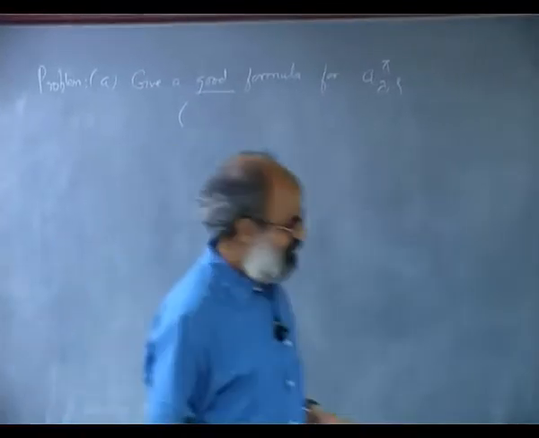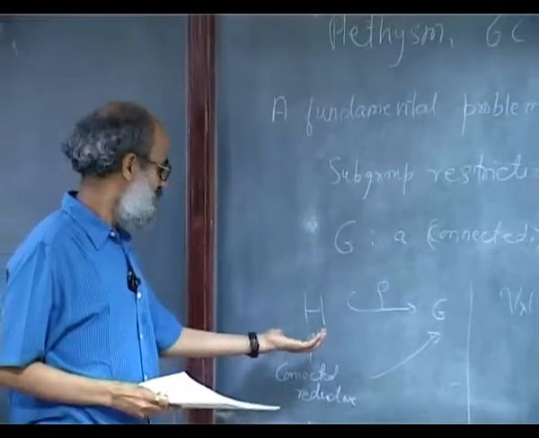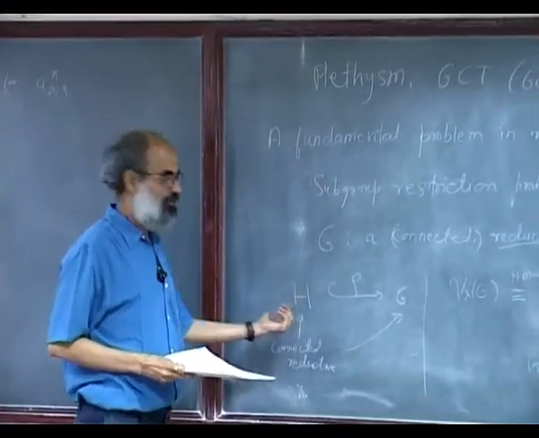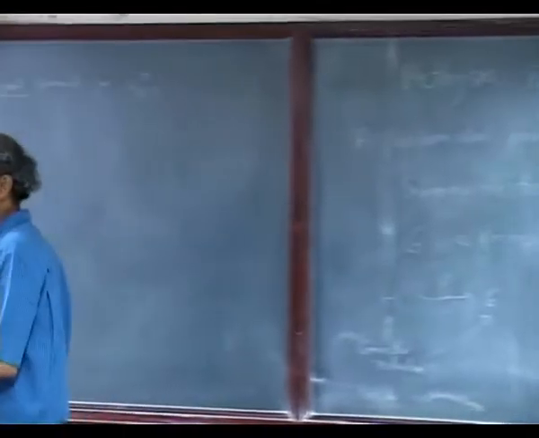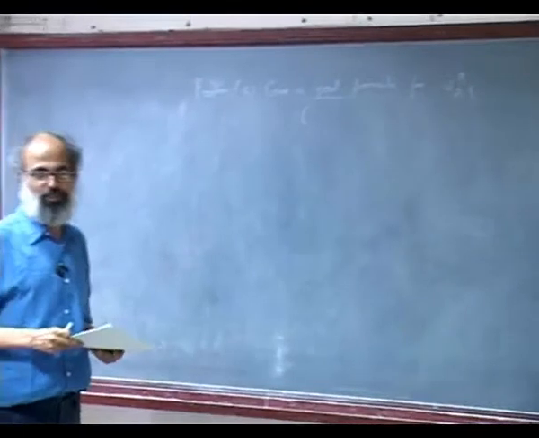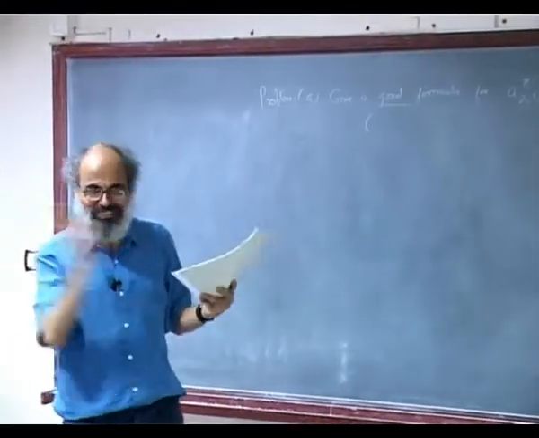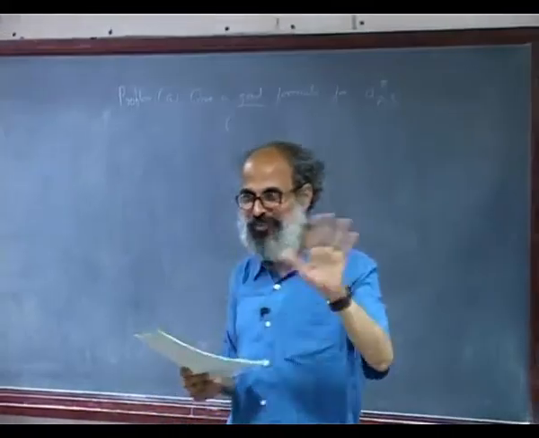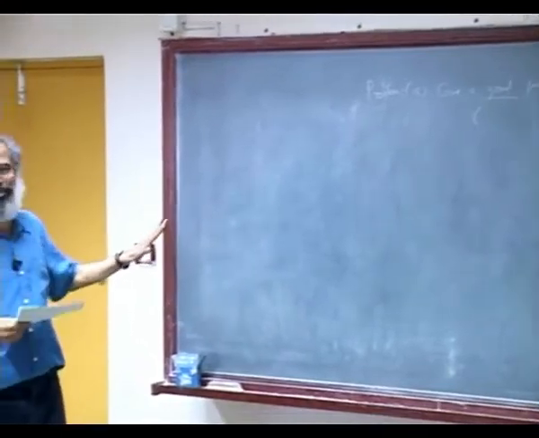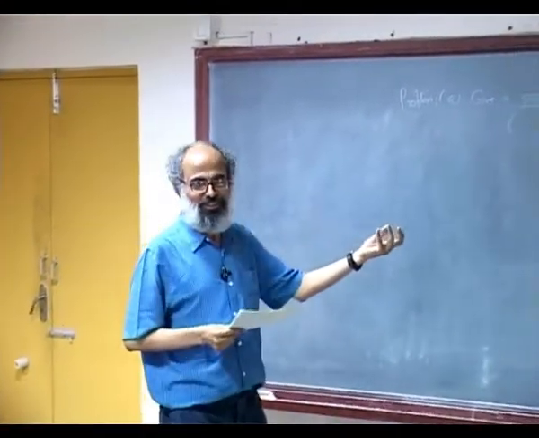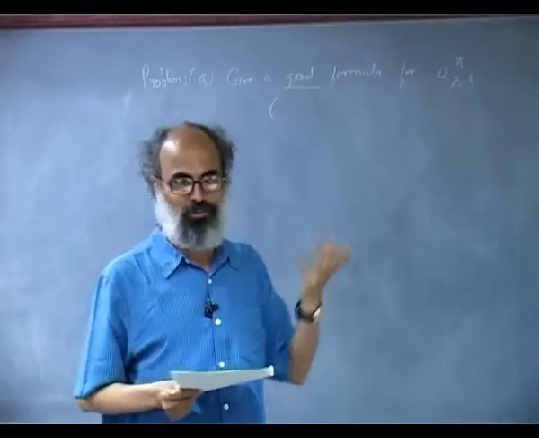Since Weil also gave a general Weil character formula, I don't know if it was done in this course, using which you can actually get some formula for this. But that formula is not good. Why is that? If you thought it looks beautiful, that is not what good means. It can look beautiful, but it could be horrible, and it is actually horrible. Why is that? Can somebody tell why that formula was not good?